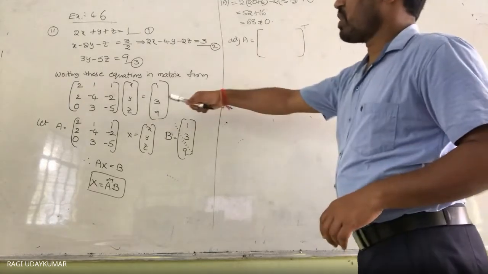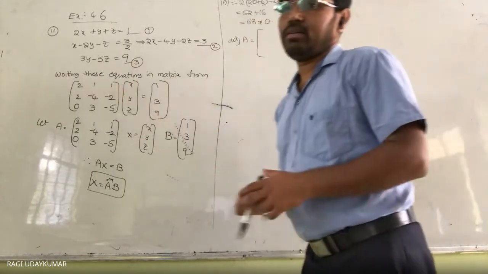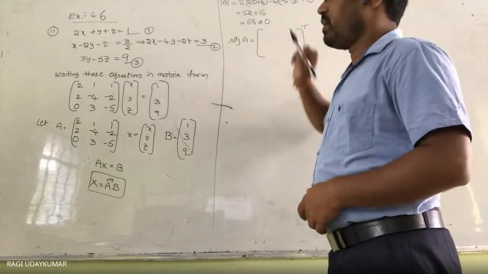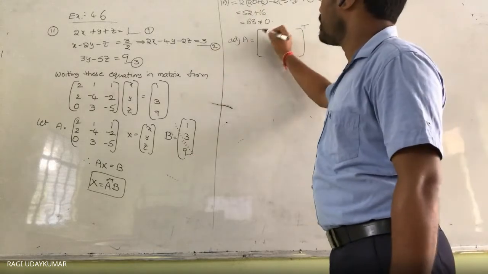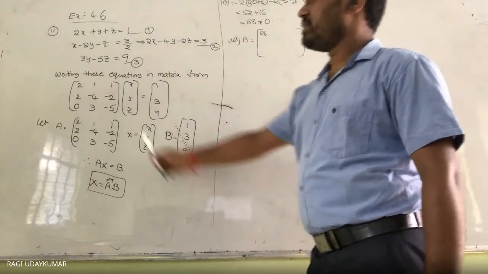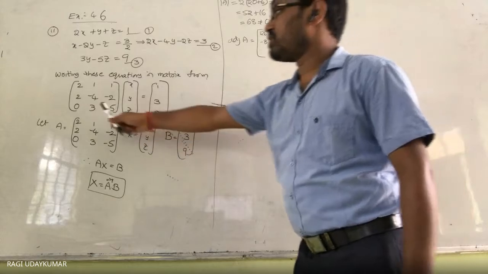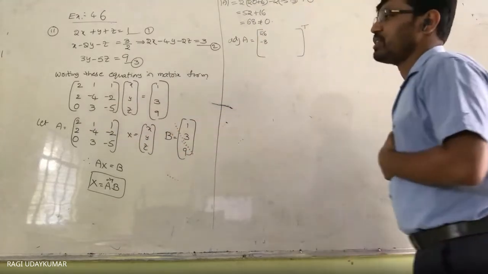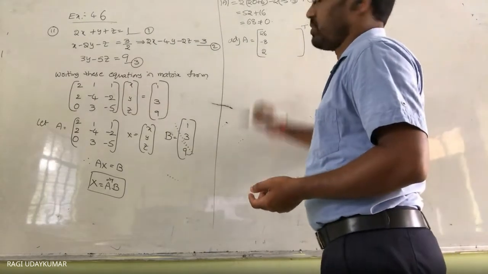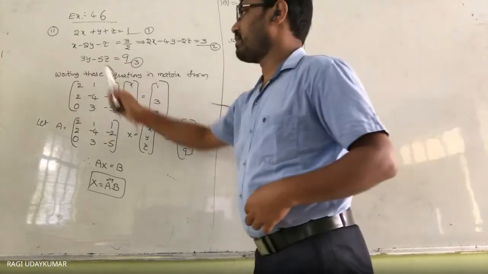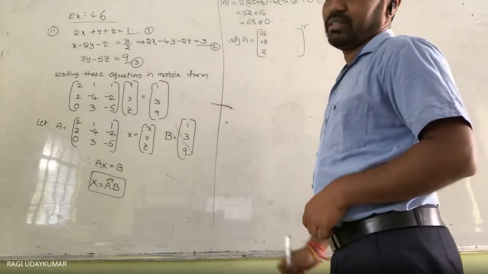So what you need to find out is the cofactor of 2. The cofactor of 2 we have already found, that is 26. We got 26. You can replace it. And for these two cofactors we have already found, that is equal to minus 8. And the cofactor of 0 we have not found, because remember it is 0. So we are going to get minus 2 plus 4, so plus 2 we are going to get. Next, its cofactor. Do remember that here plus 8 we are going to get.